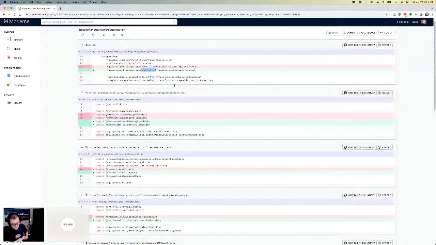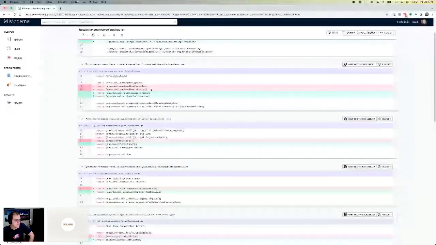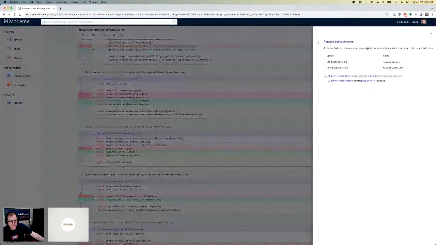So of course we're going to go from 2 to 3. We're going from Jakarta EE 8 to Jakarta EE 9. So we're going to have to also change the namespaces here. So that's also doing that work. So you can see here we have some building blocks for changing whole packages. So again, if not very exciting, you can see we've got this recipe that's basically cool, changing that.